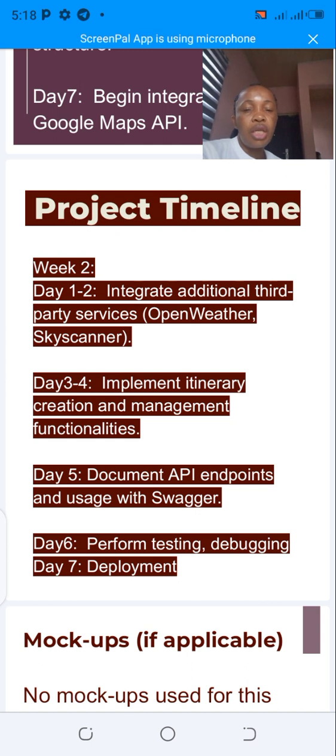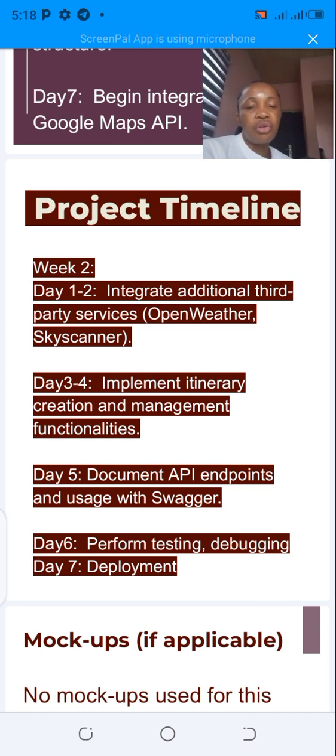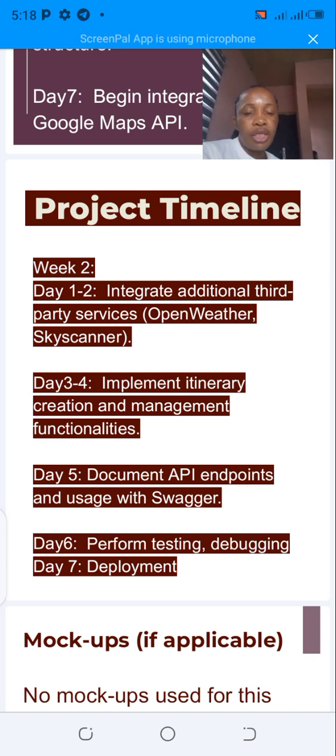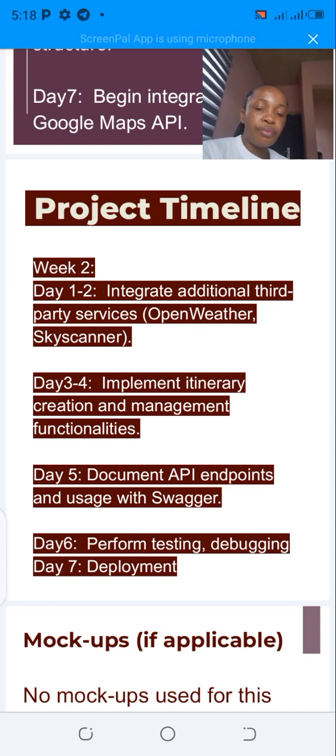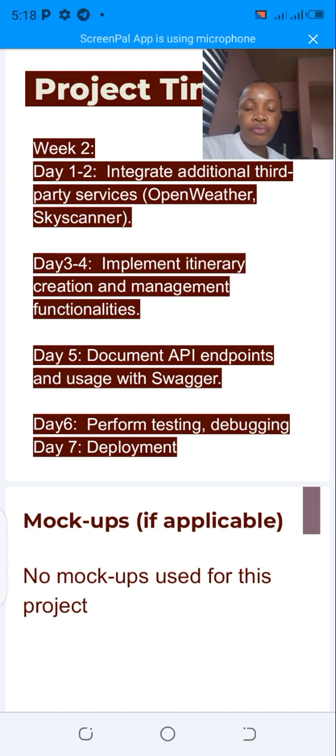In the second week, on days 1 and 2, I'll integrate the additional third-party services, that is OpenWeather and Skyscanner. Then on days 3 to 4, I'll implement itinerary creation and management functionalities. On day 5, I'll document the API endpoints and usage with Swagger. On day 6, I'll perform testing and debugging of the travel planner API. Finally, if everything is working perfectly well, I would carry out the deployment on the last day of the second